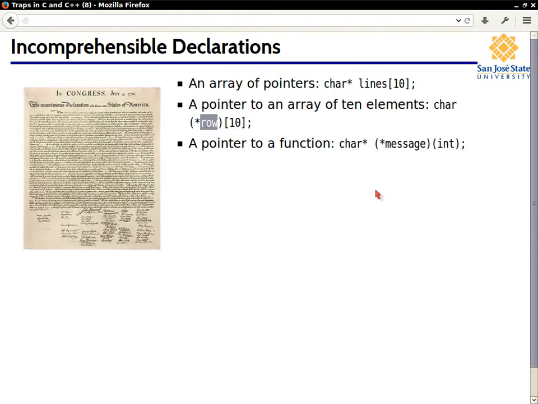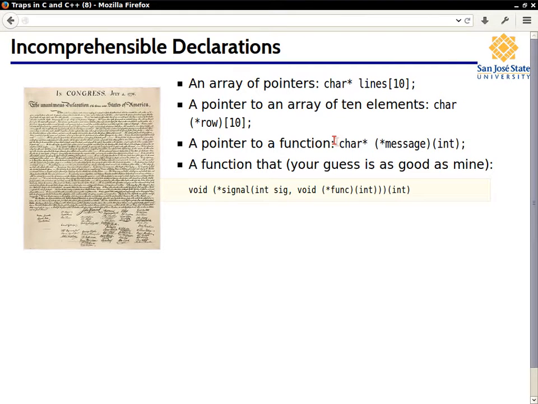It gets worse, right? What is this? This is a pointer to a function consuming an integer and yielding a string. Okay. This thing is something that actually exists. This is the declaration of the signal function. And I have no idea what it is. I mean, I could figure it out. I have a PhD. But